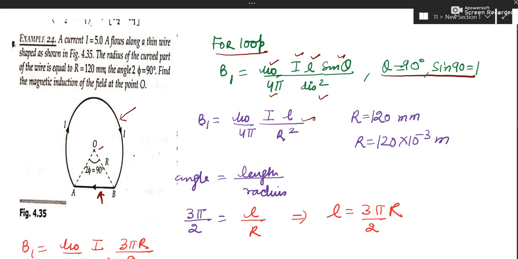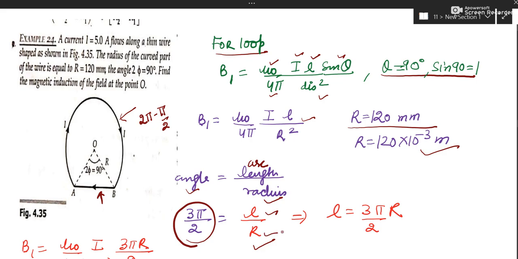Now we'll have to find out. See, the radius is given as 120 mm. You can change it into meters, that is no problem. Angle is equal to arc length upon radius. The radius is r. And how much is the angle? The angle has to be told of this side, the angle made by the arc, not opposite to it. If this is 90, that is pi by 2, so what is the remaining angle? It has to be 2 pi minus pi by 2. As in the previous numerical, it will be 3 pi by 2. So you can substitute 3 pi by 2.